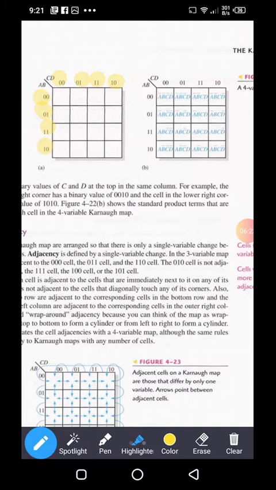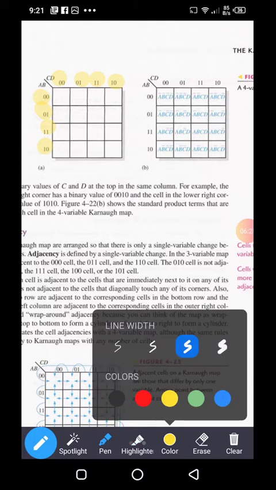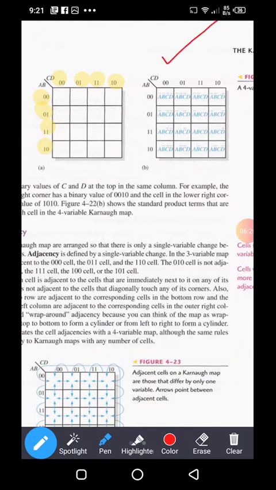Now here in this figure, variables A, B, C, D are written into the cells in the form of complemented and uncomplemented form.